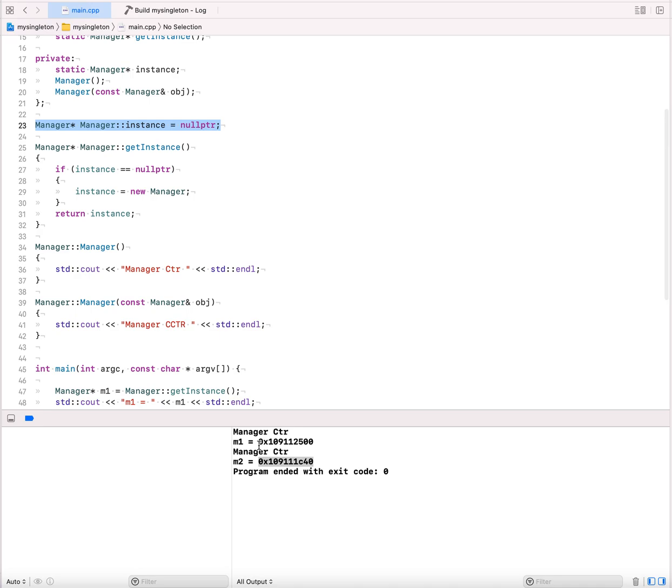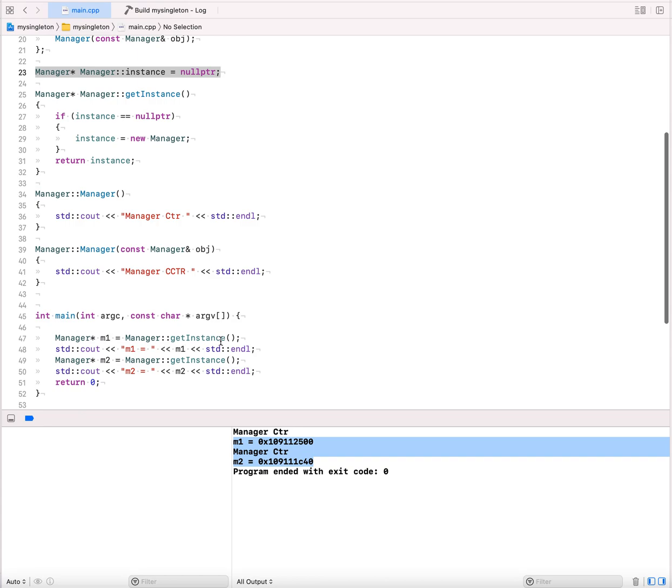So now you see m1 and m2 would be the same object. Anytime I call getInstance, I would get the one and only object being created. So let me rerun it,